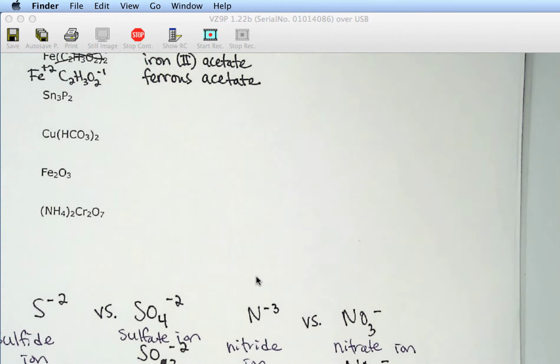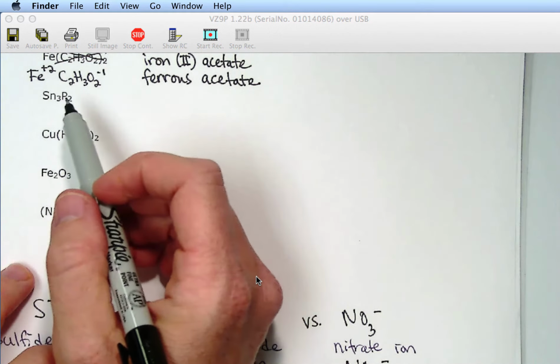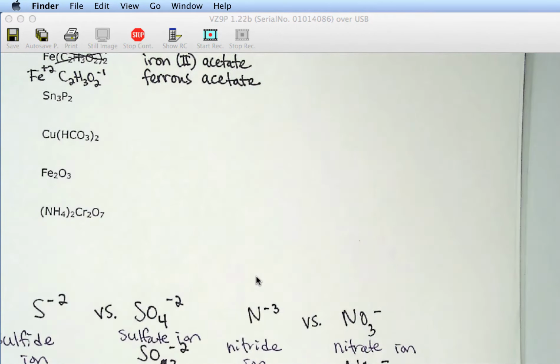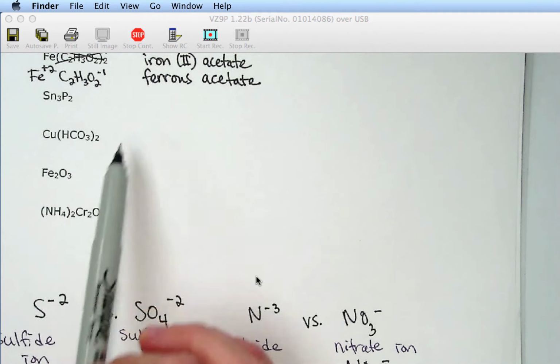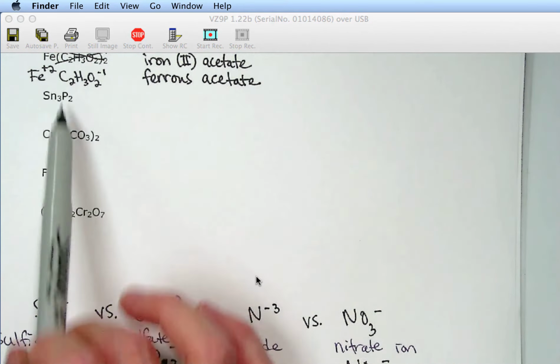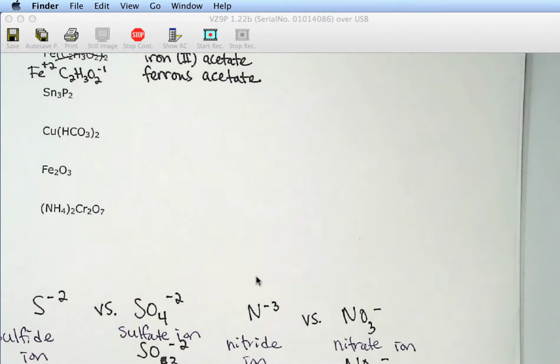How's it going? Easy when you're able to flip and look at it, but I can definitely see how you need to memorize those ions. Yes, it is easy when you're able to look at the polyatomic ions and say, oh, I know that's bicarbonate. You will not be given these on the exam or on quizzes, so you have to know these. Otherwise, you can see how I wouldn't know this one, I wouldn't know this one, I might be able to get these two. So definitely an important thing to know for Unit 2. So memorize those polyatomic ions.